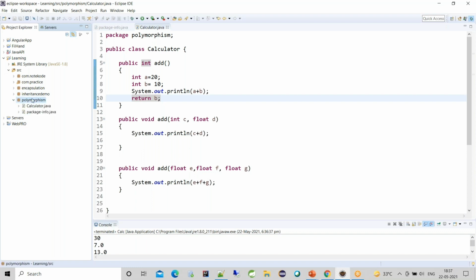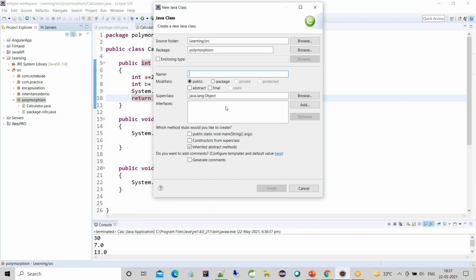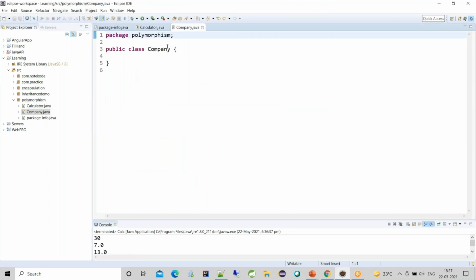So now let me create a new class, say company. And here we will understand what method overriding is. So company is a class, so company will have a method, say it will distribute salary to its employees. Public void salary.